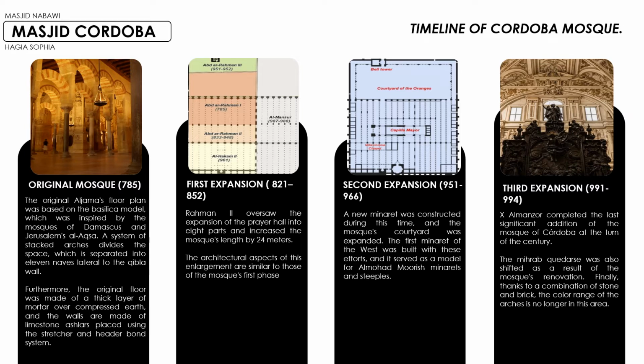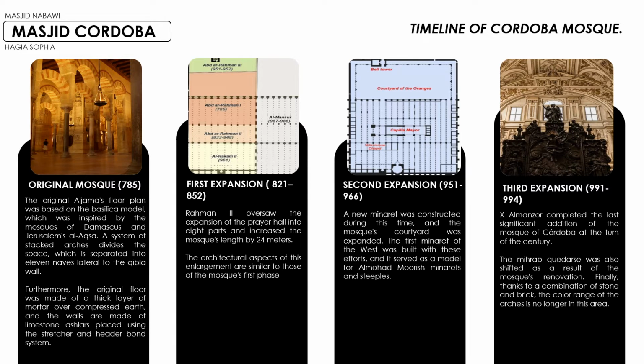Later on, Abdurrahman II oversaw the first extension, which lengthened the mosque by 24 meters and divided the prayer hall into 8 sections. The mosque courtyard was enlarged during the second enlargement, and a new minaret was built. This effort resulted in the construction of the first minaret in the west, which served as a model for Al-Muhad